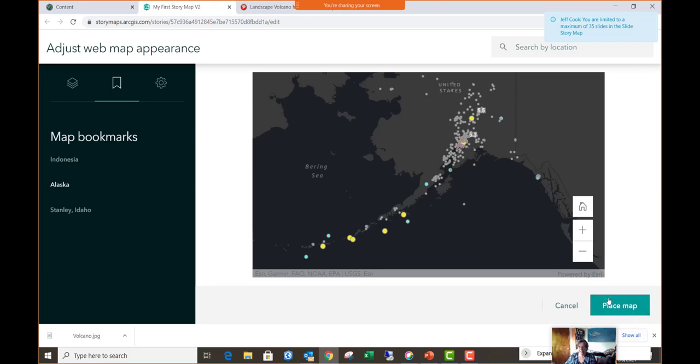Now, if you find that this place map is not highlighting in green, I found that the other day. Sometimes when you're too far zoomed out, it might take just a little bit of time before it pops up, or just try zooming in a little bit and then it will show up. So let's place this map,